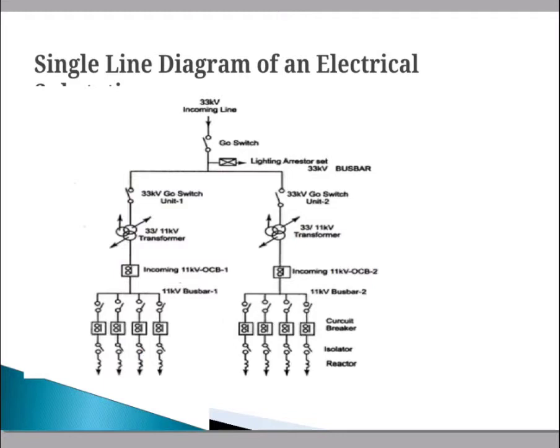We have to discuss the single line diagram of an electrical substation. First one is the incoming power feeder connection of the 33 kV incoming line. Then power transformer connection via lightning arrestor and bus bar. Then voltage transformer connection, which we use for controlling and metering purposes. Then outgoing feeder for feeding other subsequent substations or switchgear. Then circuit breakers and isolators between the incoming and outgoing lines are shown here.